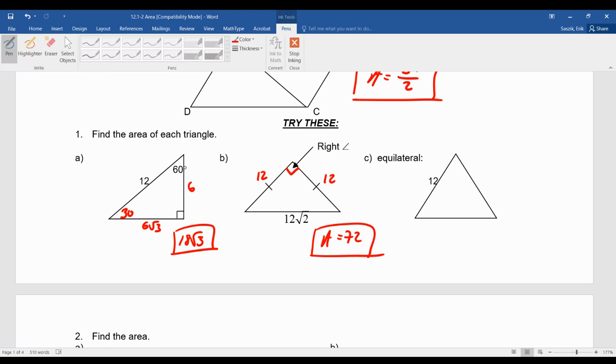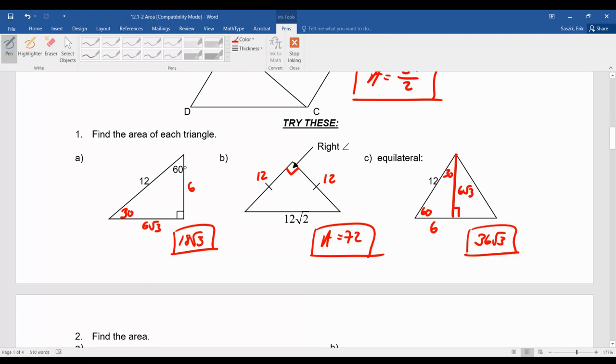Okay? Equilateral, the first time you see something like this, you're going to drop in an altitude here, and that would be 6, and that would be 6 root 3. Now, remember, the whole base is 12, so half of that base is 6, and 6 times 6 root 3 is